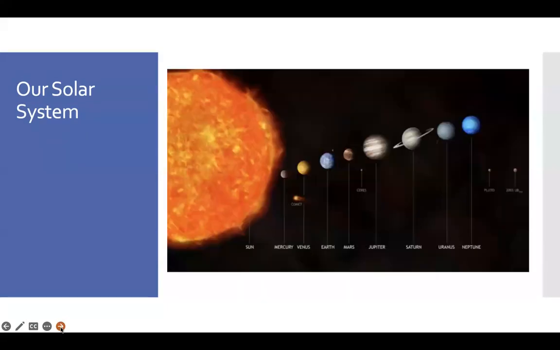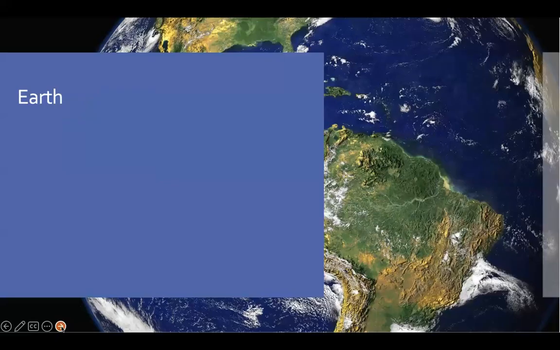So dropping down again, you learned this since kindergarten. You have the sun and you have the planets. The first 4 are terrestrial planets, so they're rocky, and the last ones are Jovian, so gas giants. They're composed of ice and gas. And as we go out, you see Pluto out here. Pluto doesn't trace within the sun's equatorial plane. It has this elliptical orbit. It got kicked out. So there you go. There's our solar system. We drop down one more and we have Earth.